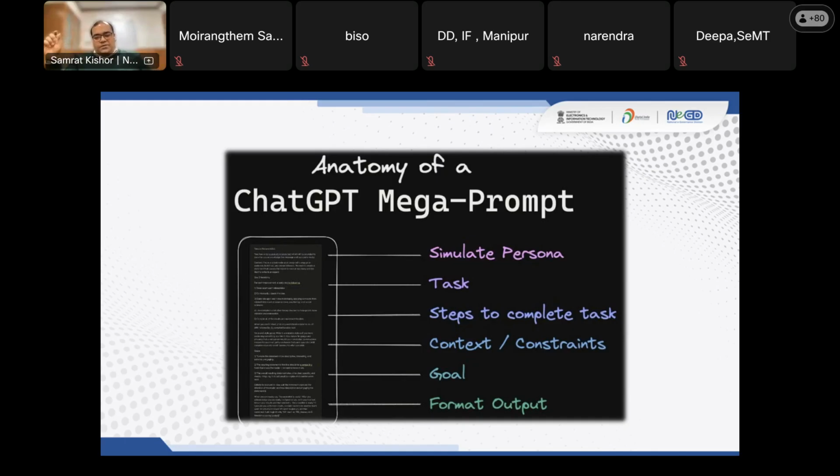Then you give it a goal. Okay. Very important is to give it a goal because the above three steps, giving the task, giving the steps to complete the task, and giving the context, there may be some things that we miss out because we are humans, right? So if we miss something out and we say that, here is the goal that I want to achieve by doing what I'm asking you to do, what I'm going to make sure is that if the software has a question, it is able to come back to me saying that to be able to achieve this goal, you've not given me these two pieces of information, or it will ask you, I need a clarification on